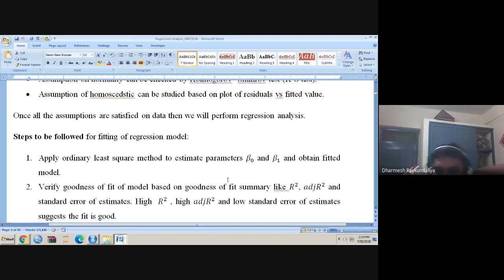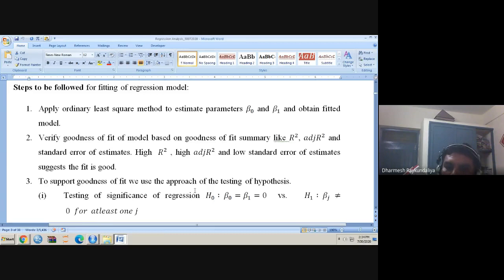So that is how, while comparing the several models, we use both R square and adjusted R square. Adjusted R square is increased if and only if the added variable is important. Otherwise, it is decreased. So if both R square and adjusted R square are increasing, then we say that the model is good. Otherwise, the model is not good.